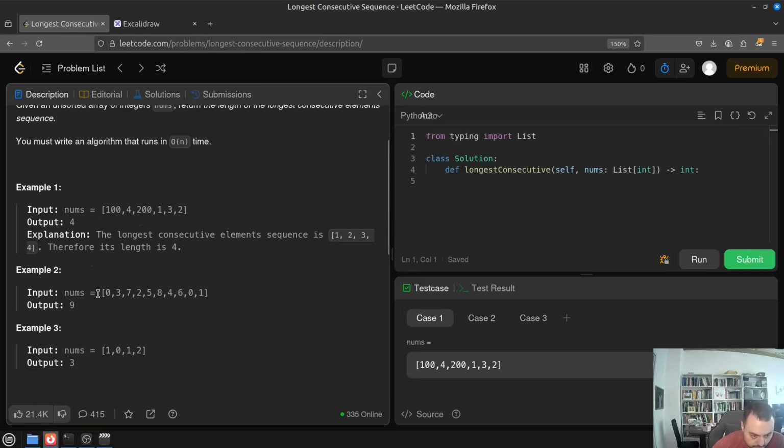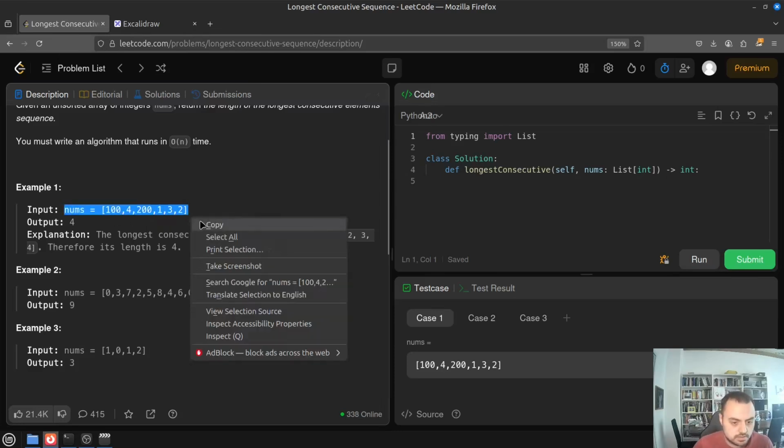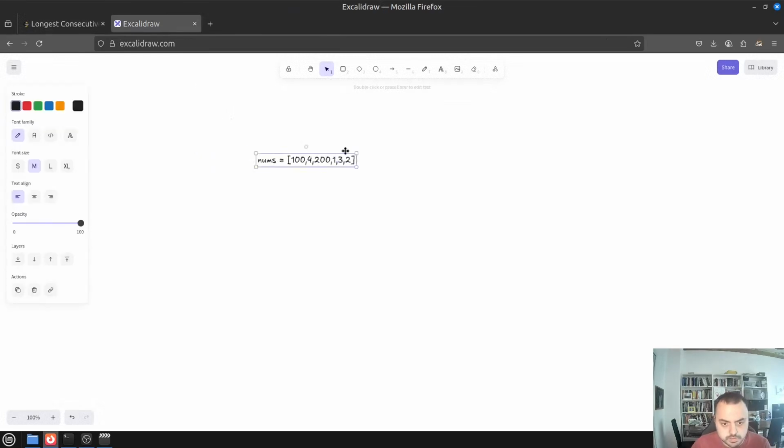So here, the length of the input is, I think, 10. 1, 2, 3, 4, 5, 6, 7, 8, 9, 10. And so all the elements are consecutive, and 0 appears 2 times. So it's duplicated. And in that case, the output is 9. And this last example is similar to this one, but here 1 was duplicated. So the consecutive sequence is 0, 1, and 2, and the length is 3. Okay, let's just copy that and think about some algorithm that we can use